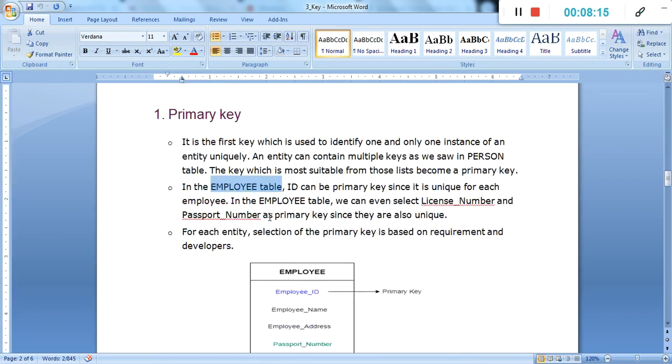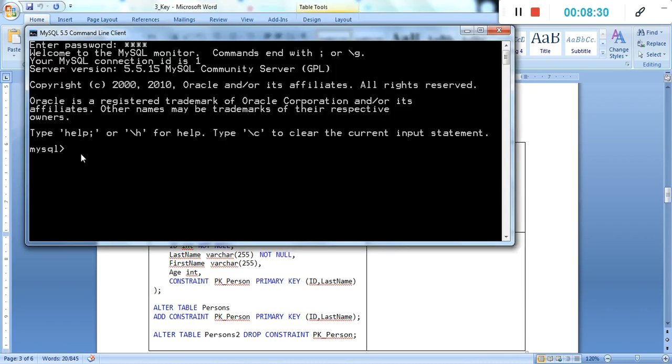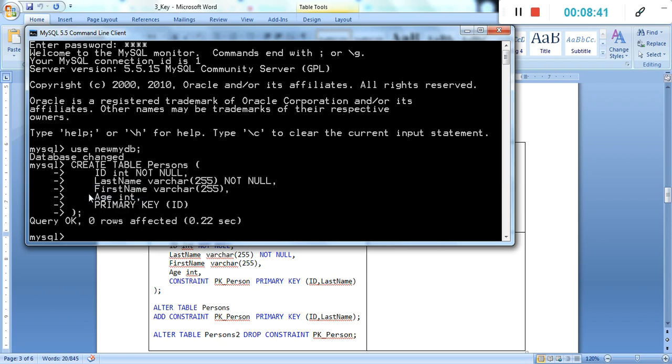Now we will go with a simple primary key example, how exactly the primary key is created. This is simply at the time of creating the table, we create the primary key with ID as a column as a primary key. Then when we create the table, we use my table, right? And then we copy and run it.